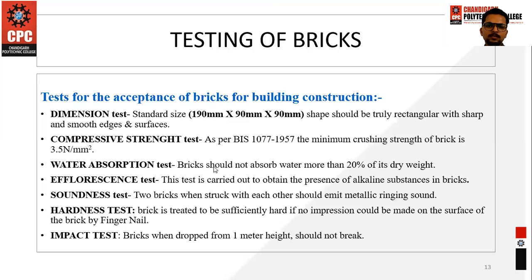Then the efflorescence test. This is also done similarly to the water absorption test. You must have seen a certain white colored powder form. It gets generated on our walls, in our cement, and sometimes in our bricks also. That alkaline substance should not be present. It indicates a higher amount of lime. To check this, we again immerse the brick for 24 hours, then dry it in the sun. After it is dried, it is checked again to see that no salt is present on the surface of the brick. That is the efflorescence test.